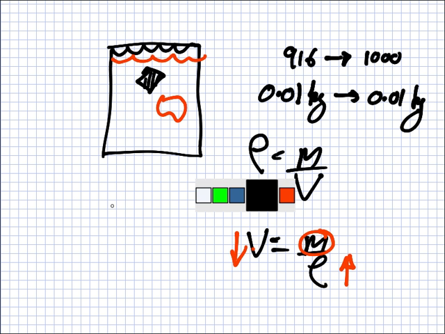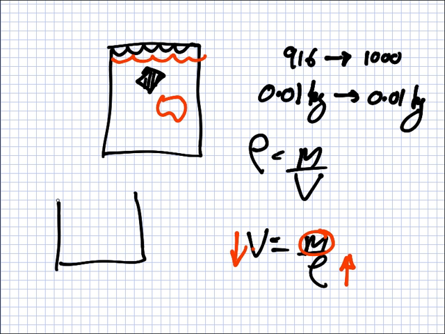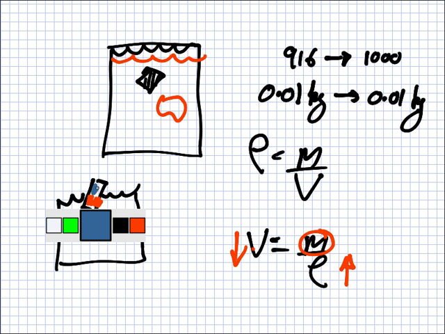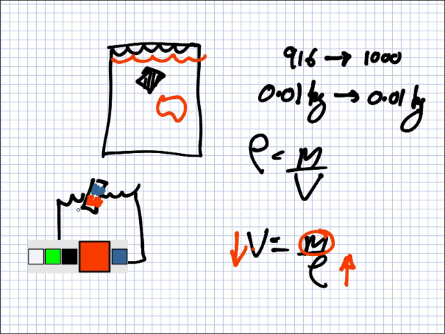Now, Summer, if there was no lid on the top, and if it was like this, and the ice was floating, so some of it's in the water and some of it's not, and the ice melts, what do we think? Will the water level drop? Will it go over? Or will it stay the same? Yeah, it goes over.